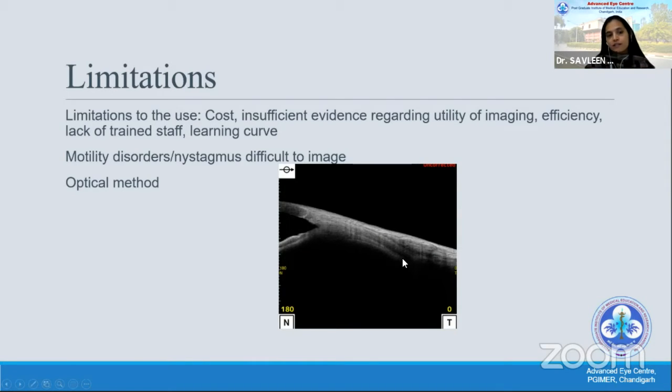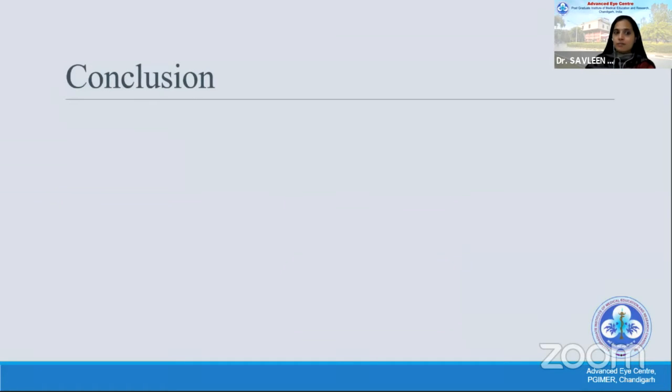So it's an optical method, so you will not be able to see the muscle very nicely if you have something lying over the muscle, like in this case, where there's a buckle over the muscle. Nevertheless, in small children, you have to resort to general anesthesia, and there maybe you can do the UBM in the operating room because you cannot carry the ASOCT machine. So barring that, by and large, ASOCT has replaced UBM for a lot of conditions in strabismus.